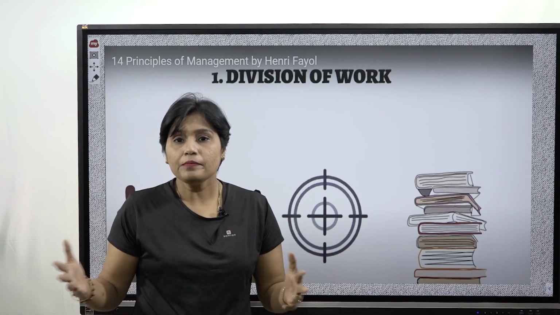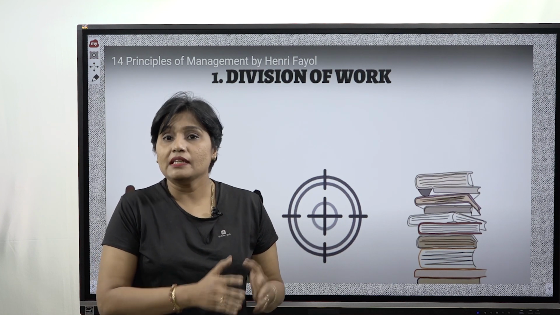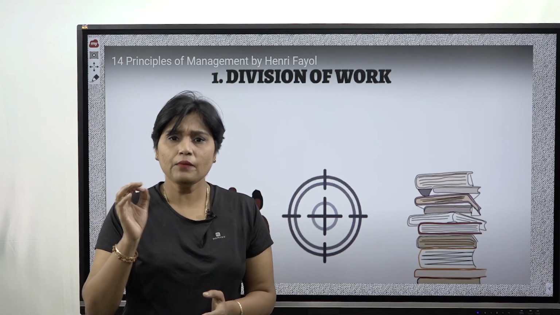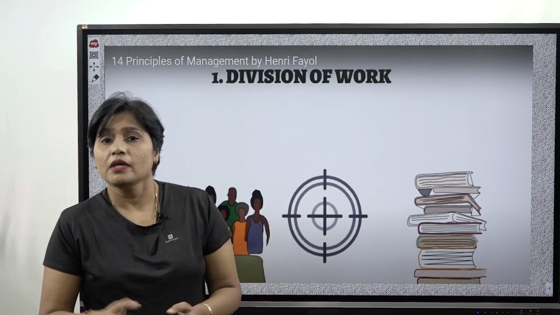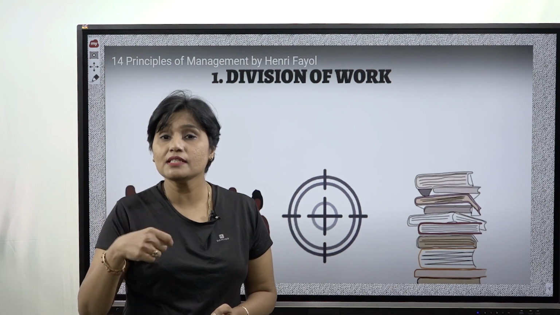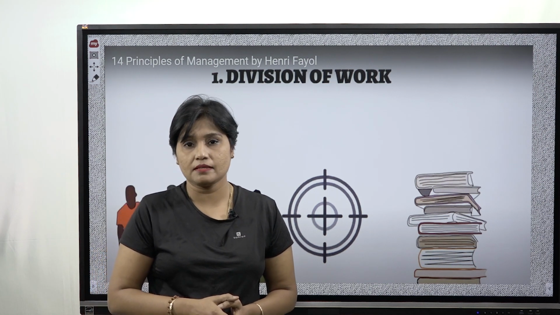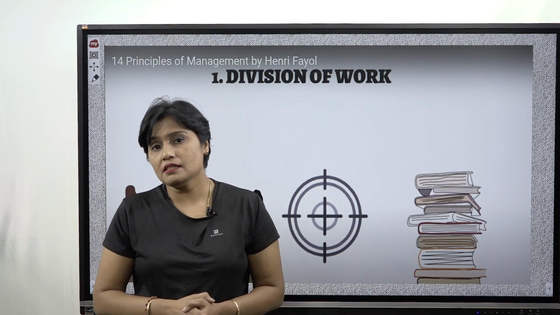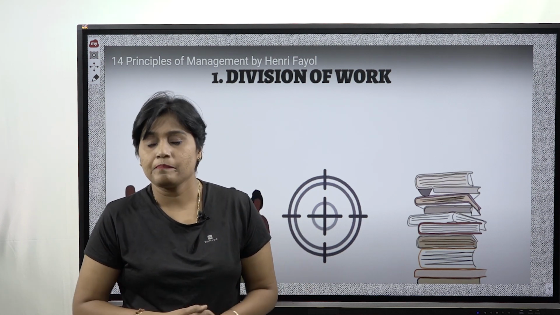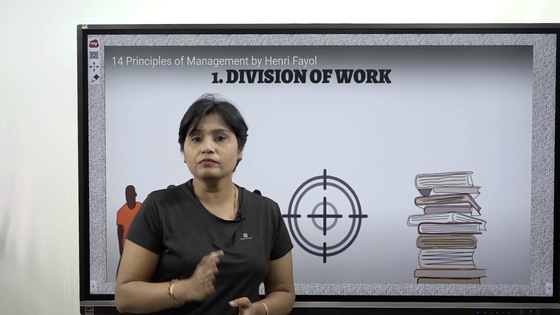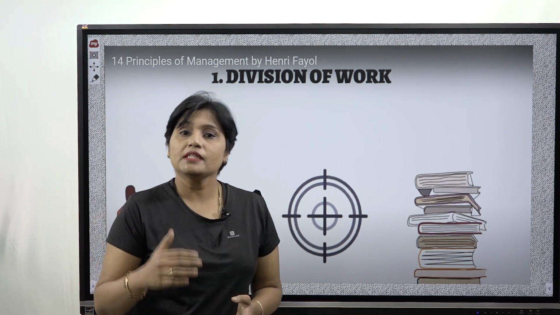Now, the entire process, right from the raw materials to the finished product, will happen in separate units. An employee will be appointed to perform only a single task. When he works, he gets trained. He becomes specialized in performing a single task. When he performs that single task and becomes more specialized, production is very efficient and effective. Now, what do you mean by effective? Effective means doing the right things. What is efficiency? Efficiency means doing things right.